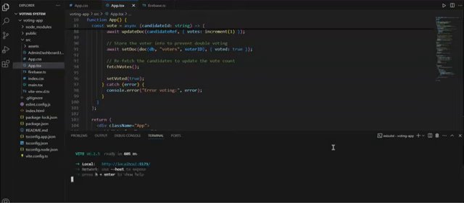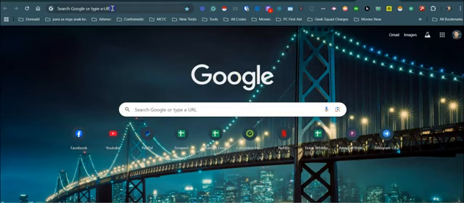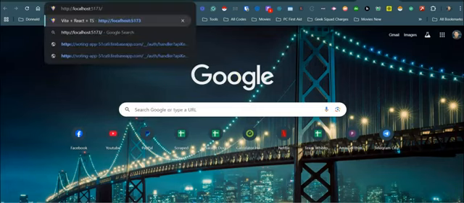As you can see, it's created on the local host on my computer, and the port number is 5173. I'm going to copy that,